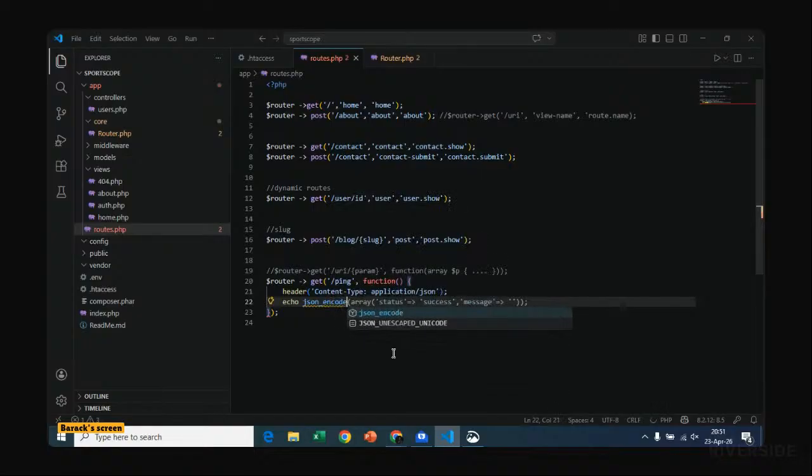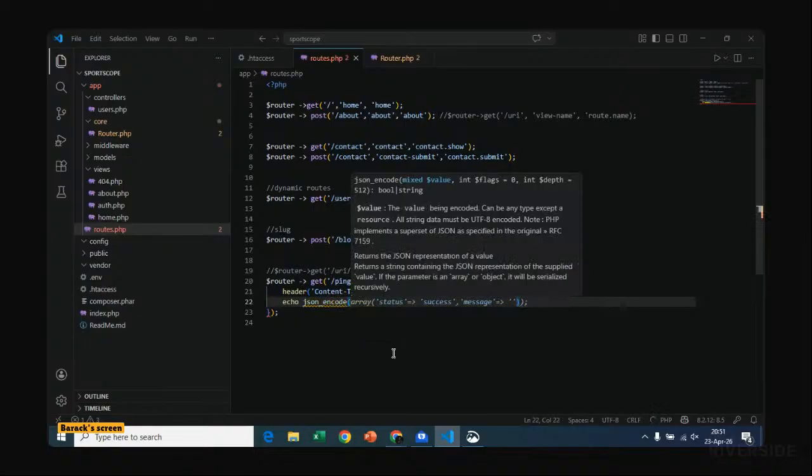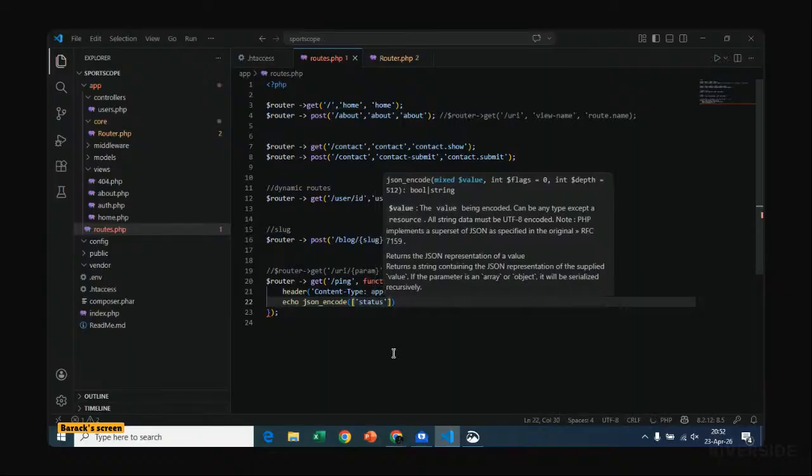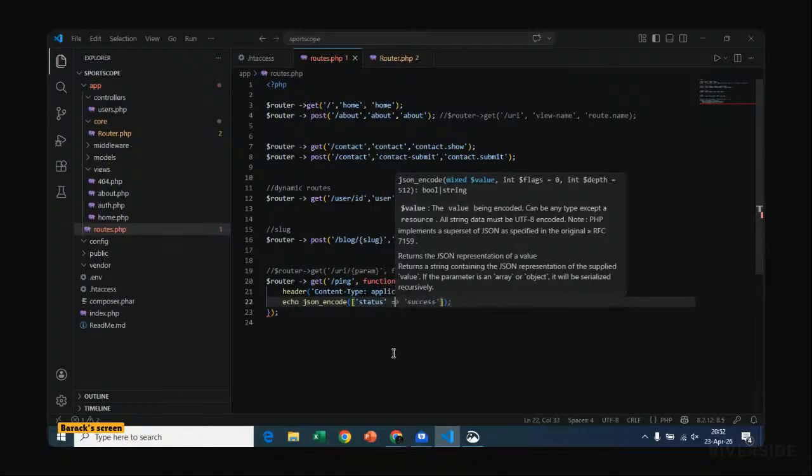Yeah, it's encode. JSON encode status. Autocomplete is lost. It's okay. Status, let status be okay.